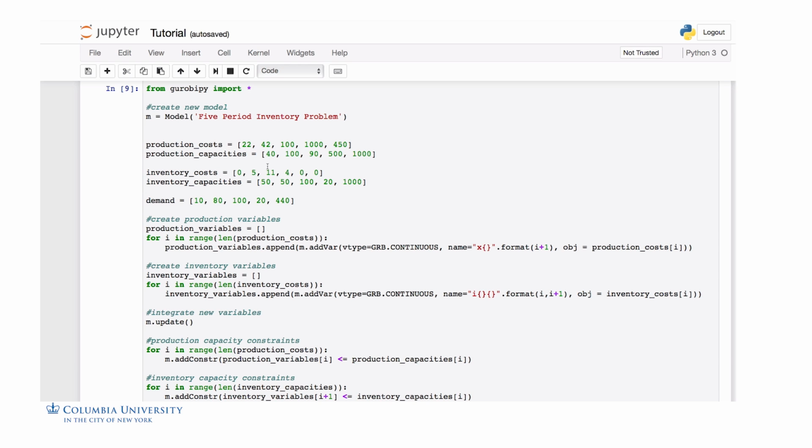And the second way I formulated this problem is using a more automated way, using loops. So first, again, we create the model. You say m.model and you give it the name. And what I did was I